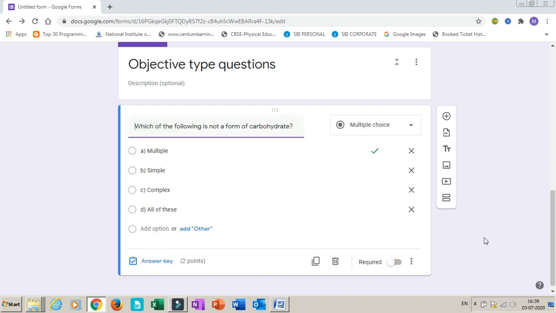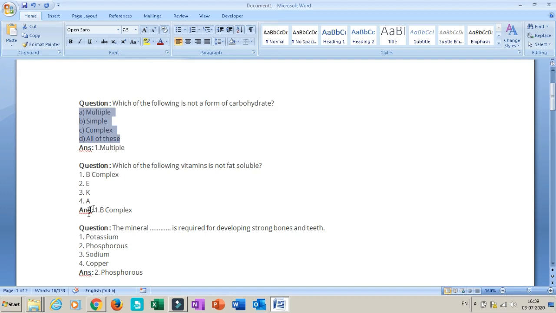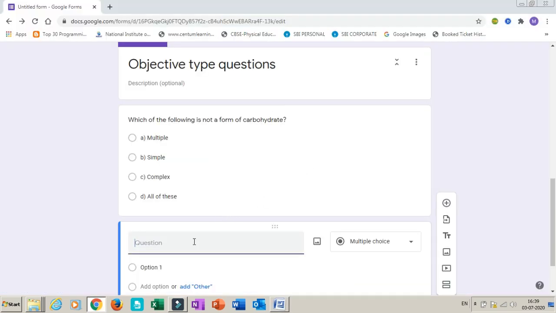Now similarly, to add the next question, click on question. Now I will add the second question from my prepared question like this. You can see, copy, back, then paste it.